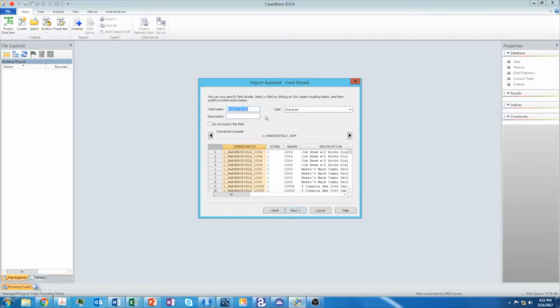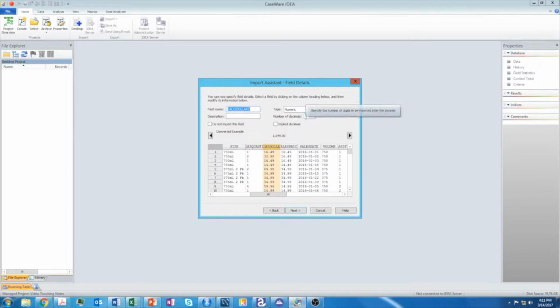Now the next thing we want to do is define what these are as far as the type of character, or type of field it is. So this one in this particular case is a character field. It's a text field. The other types of field we can have are numeric, date, or time. So I'm going to go through this very quickly, and we're going to define this. So the first one is a character field. Next one is numeric, and it comes up and says we've got 0 decimal points. Next one, also numeric. Next one is character, numeric